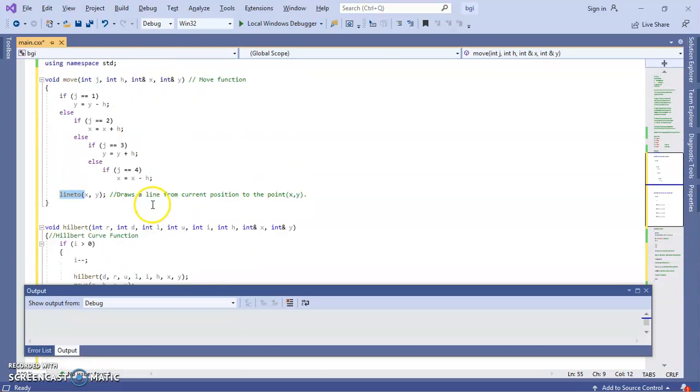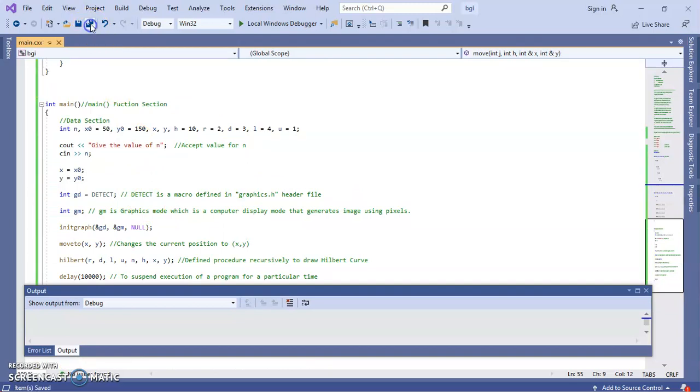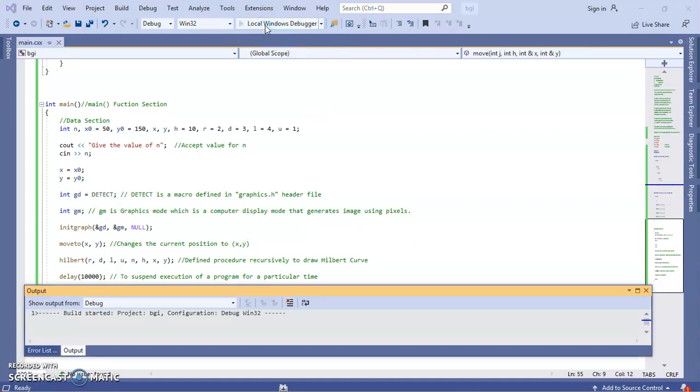Now just execute this code and check the output for the first, second, and third approximation. We first execute this code using the local Windows debugger option. Code is executed, just wait.